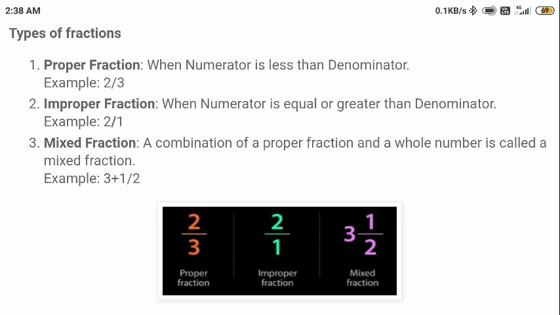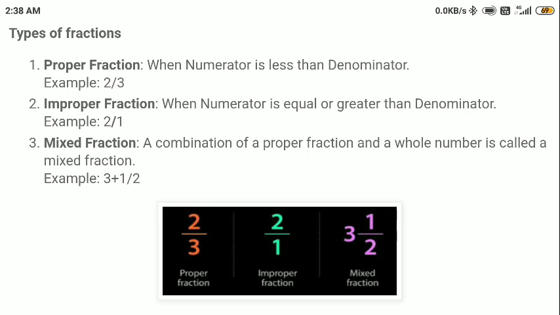Proper fraction, by meaning itself, is something which is actually proper. That is how we will say it when the numerator... Okay, let us talk about the numerator itself. The numerator is the top part of the fraction, and the denominator is the bottom part. That means the part is considered in the numerator and the whole is considered in the denominator. So for any fraction, we'll say numerator out of denominator, or numerator by denominator.